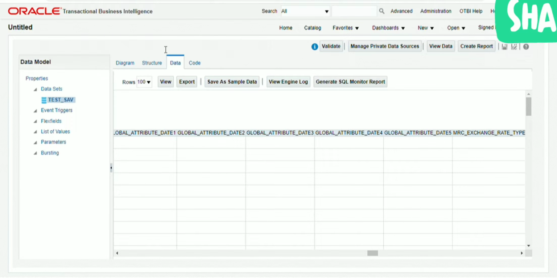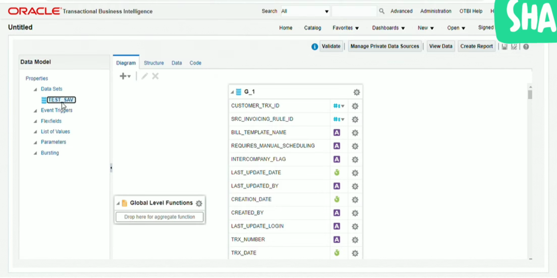Now the client wants us to show these 3 columns. We'll take them into a select query and put it into our data set.